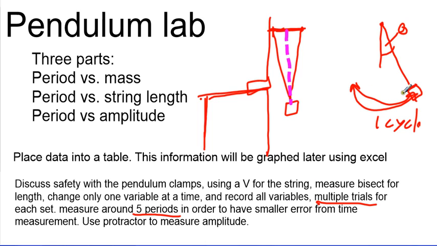You'll be doing this in class to record your data. Eventually, you'll put this into an Excel spreadsheet, and then you're going to be graphing these. And once you look at your data, you should have a pretty good idea of which one influences the period. And then I'll explain what to do more